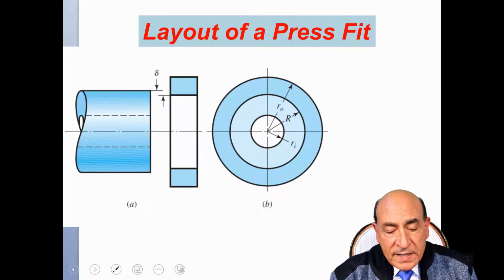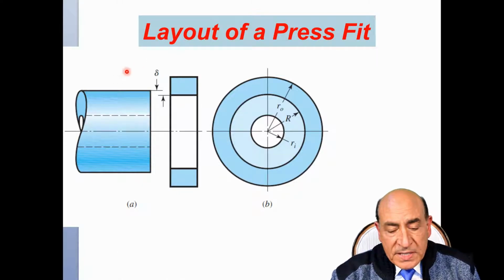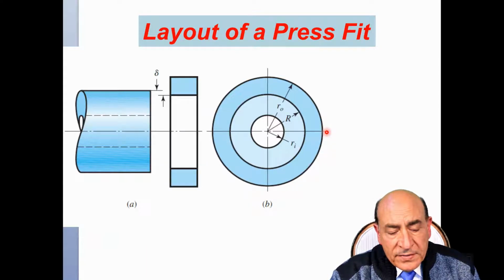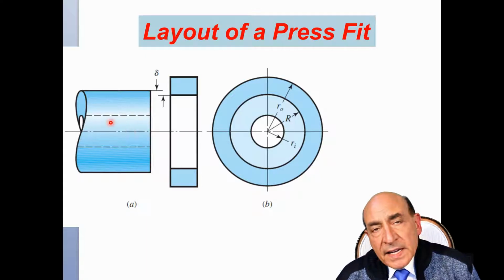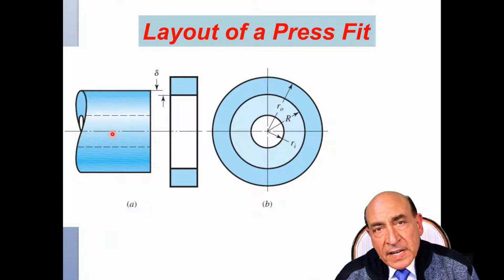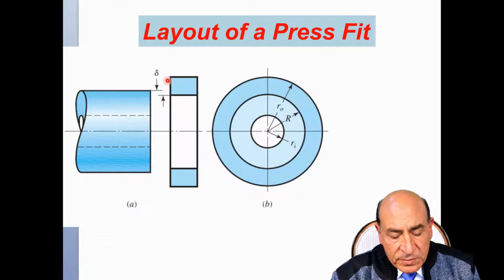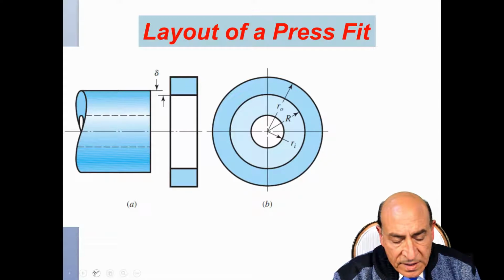So going back here, the layout of the press fit is a general layout where we have a shaft, and the shaft in general can be hollow. So the shaft itself has a bore, and in case we have a solid shaft, obviously we can shrink that inner radius to 0. The outer radius is still there, and the outside dimensions of the shaft would be such that it can interfere with